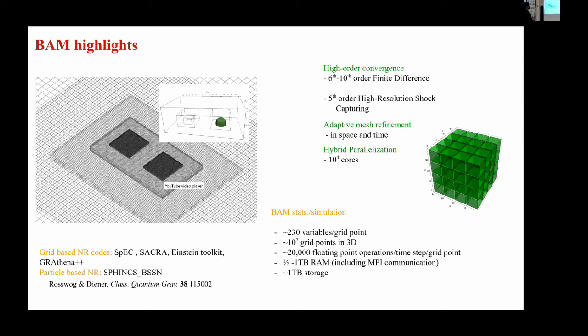So this is like the overall feature of BAM and some other codes out there which perform such NR simulations. You said that you can go up to about 10,000 cores. Do you actually go up to 10,000 cores in a typical simulation? It seems like a lot. So yeah, that's good. So these are from scaling plot numbers. So what's the real use case like? So like about 1,000, 2,000 cores. Yeah, but like I said, these are more from the scaling plots.